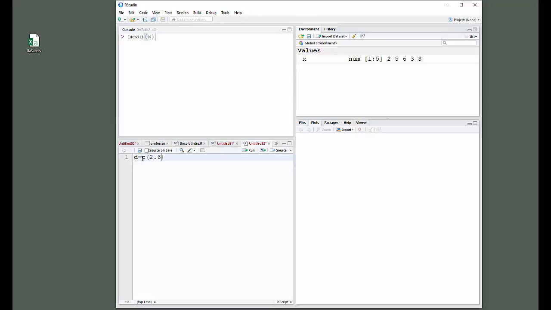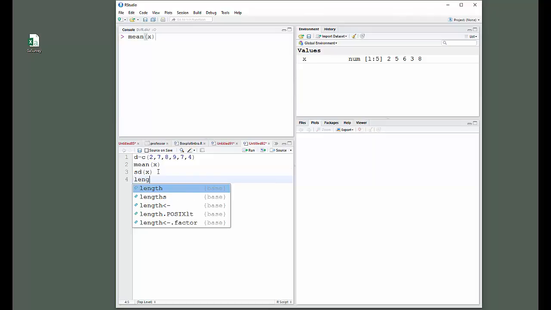And now I'm just going to make up another sequence of numbers just like I did before, except I'm going to go back and put commas like I did before. Okay, so I have some numbers there, and now I can put mean x, or SD is for standard deviation. Sample size would be length. In other words, I can just put in a bunch of commands,